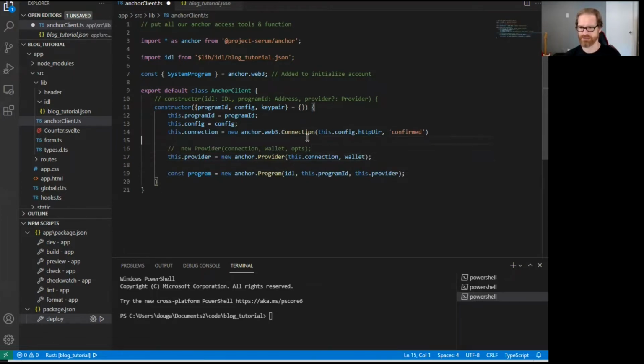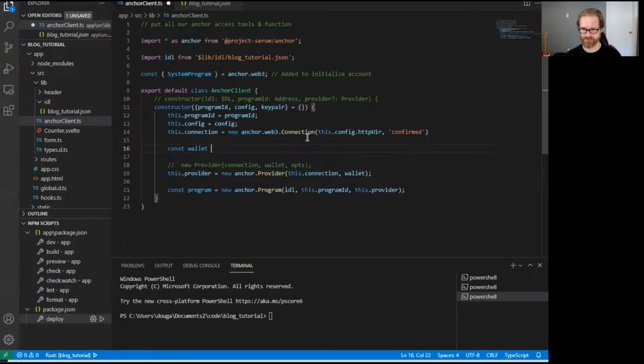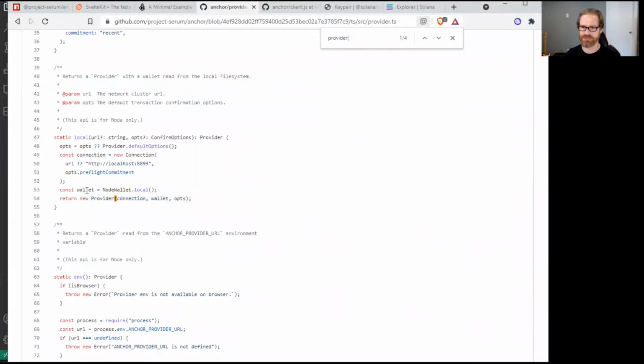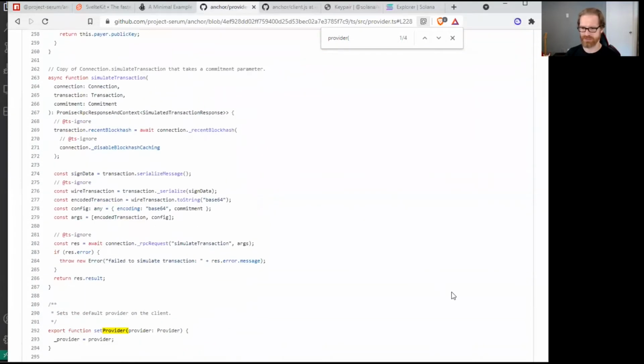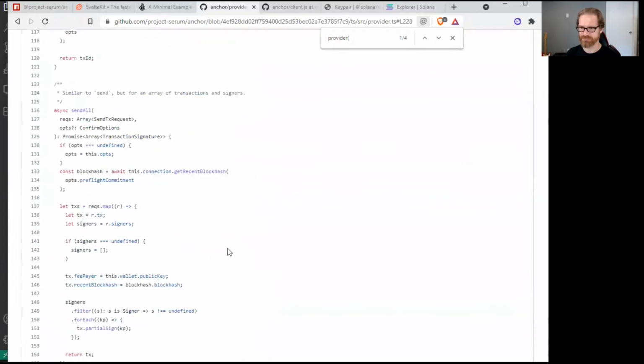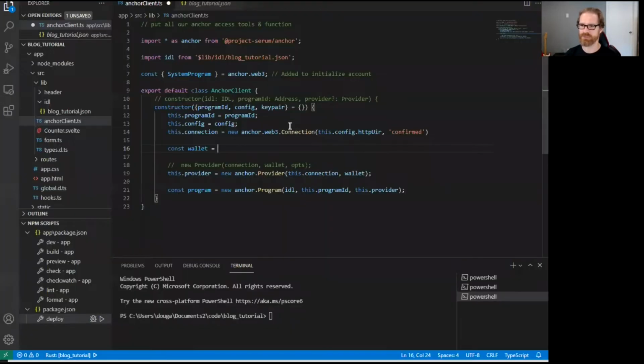The wallet. Okay, so Anchor exports a wallet as well. As you can see there, it actually says, there it is. We were using this Anchor code as an example. So they say wallet is node wallet. Well, what's wallet? We go down to wallet. Export class node wallet implements wallet. And somewhere around here, it exports it as just straight up wallet. Here we go. And here you can see that Anchor exports node wallet as wallet. So we can go